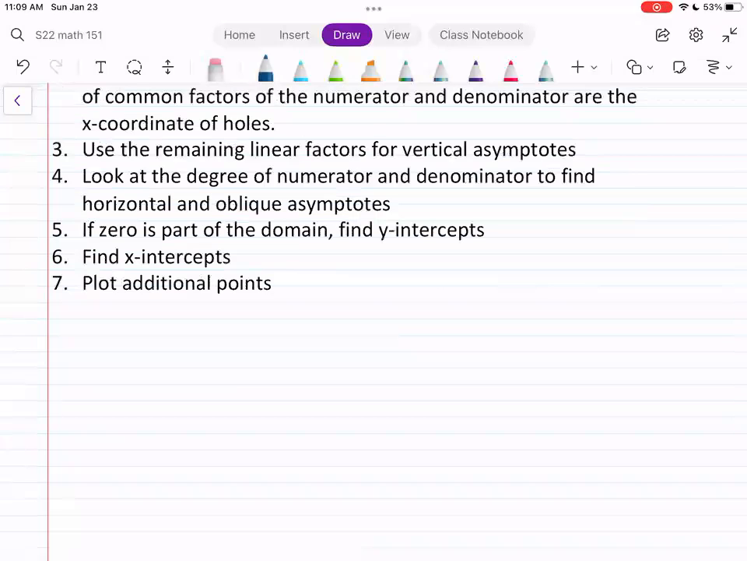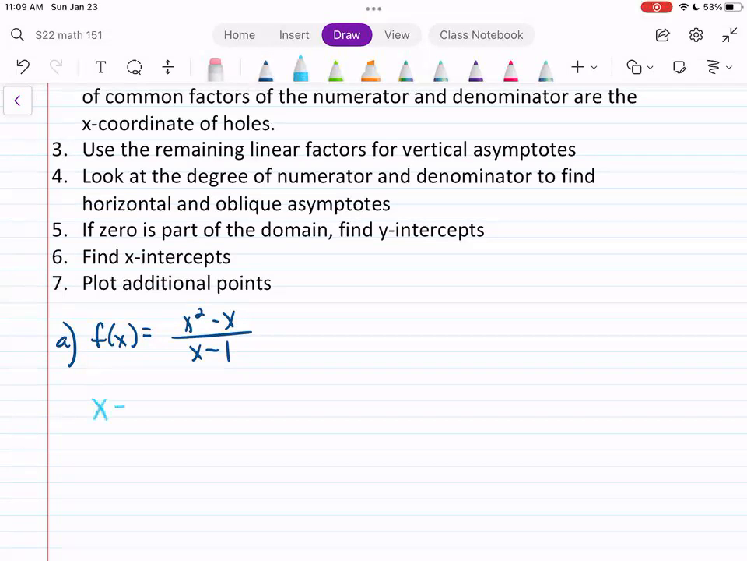In our first example, let's take the rational function f of x is equal to x squared minus x over x minus 1. We looked at this previously, but I want to follow these 7 steps. The first step is to factor the denominator to determine the domain. The denominator is already factored, and we know that the denominator cannot equal 0, so the domain is all x except 1. Then we factor the numerator, which again, we did in a previous problem, and we see that there are